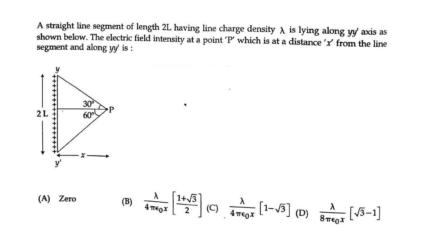Actually, we don't have the net electric field strength among the answer options, because they gave either the x component of the field or the y component of the field. You can rule out two options as not the right answer, because it's 1 by 4, while the correct one is 1 by 8 with 2 fours being 8. The D option also has 8. So you can choose either one of the options: either B, which is the x component, or D, which is the y component of the field at point P due to the conductor of length 2L.